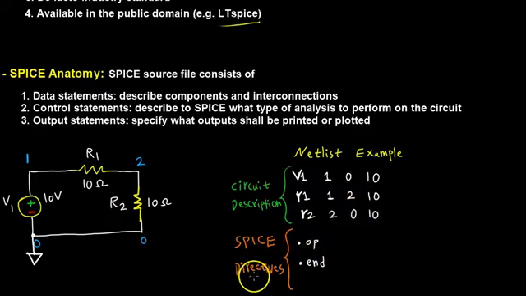So what kind of operation do we want to perform? In this case, I'm going to have a .op, which is an operating point. You're getting introduced to this idea without seeing transistors, so it might not make sense what an operating point is. But essentially, the operating point is one of the simplest types of analysis. It's a subsection of DC analysis, and it's concerned with finding the voltages and currents